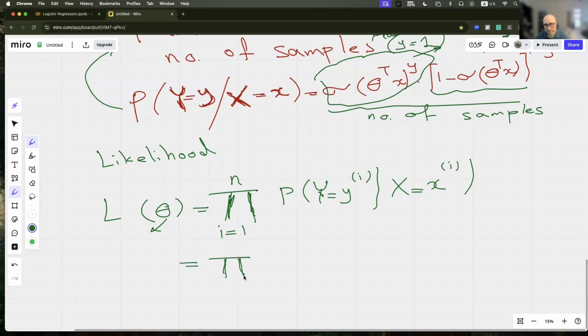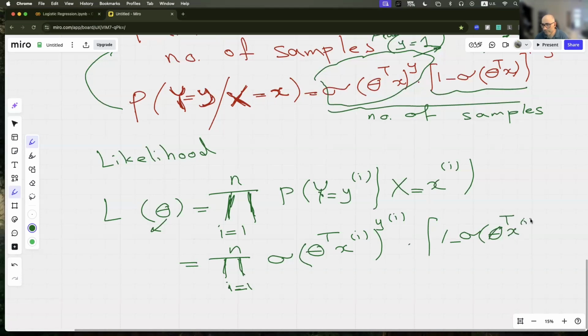We calculate for each sample sigmoid of x for that sample to the power of y_i, multiplied by 1 minus sigmoid